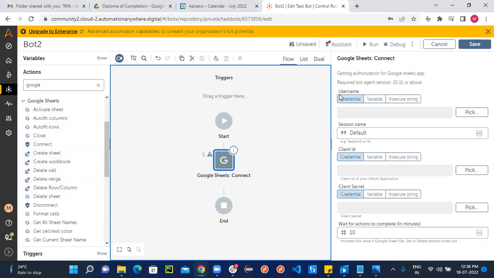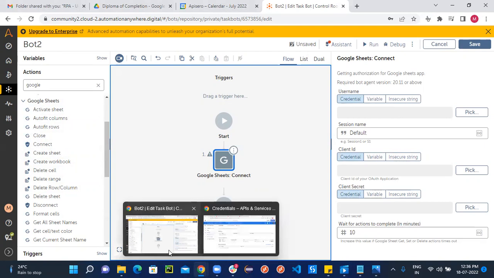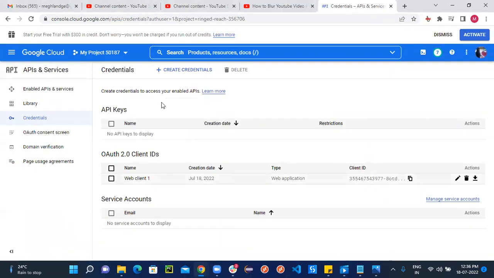So for that, I'll require the username, client ID, and the client secret ID. So where will I get this client ID, secret ID, and username? I'll show you how we do that. So I'll go to console.cloud.google.com. From this UI, I will click on